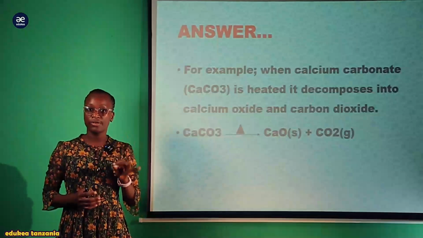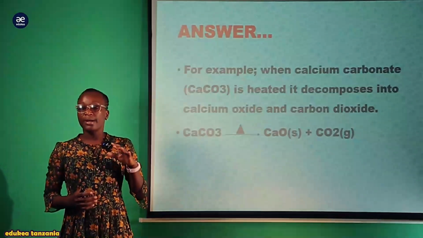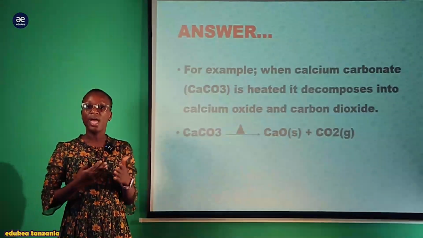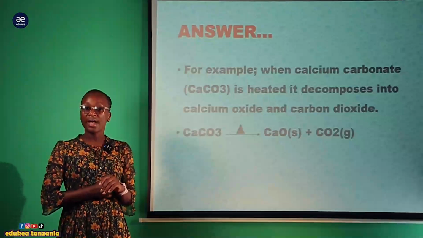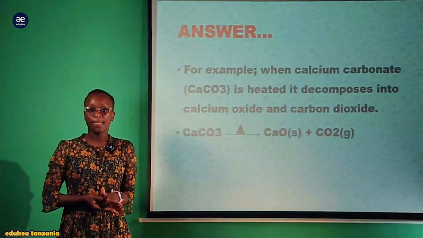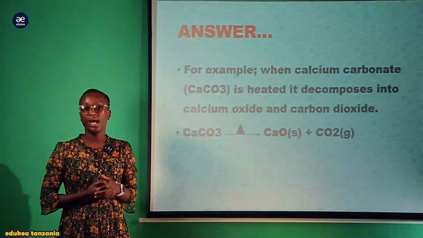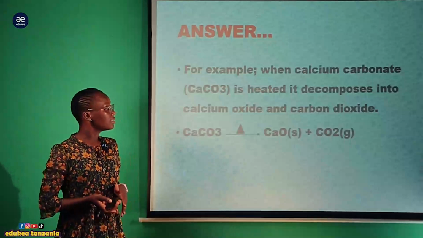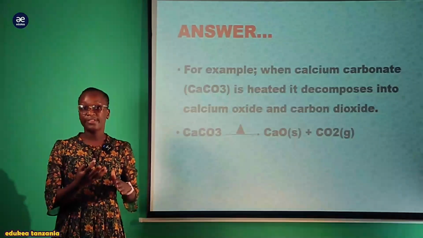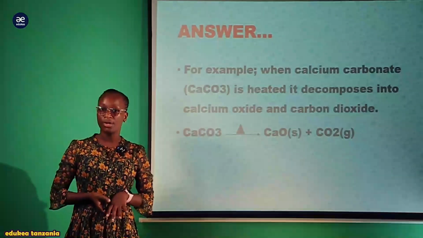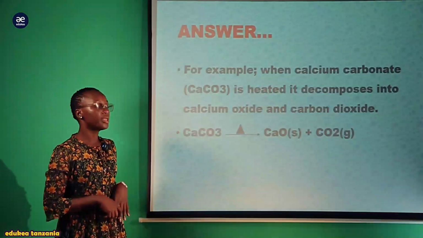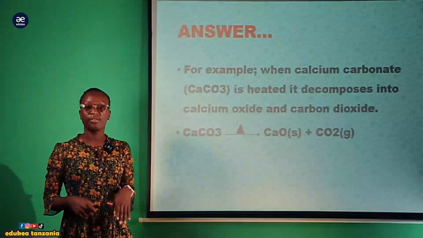Kwa hiyo mwanafunzi unachotakiwa ufanye cha kwanza unaelezea kwamba reaction ya thermal decomposition au the reaction the behavior of this carbonate, kwamba behavior yake tumeona kwamba generally ikiwa subjected kwenye heat source ina decompose, tunaenda kupata the metal oxide, lakini vile vile tunaenda kupata na gesi. Therefore sasa unakuja kwenye mfano. Hapo ulikuwa unaelezea kwamba behavior ya hiyo carbonate. After there unakuja kwenye mfano. For instance tumechukua calcium carbonate. Sasa calcium carbonate tulivyo subject au tulivyo expose kwenye heat source, tumekuja kupata calcium oxide vile vile na carbon dioxide